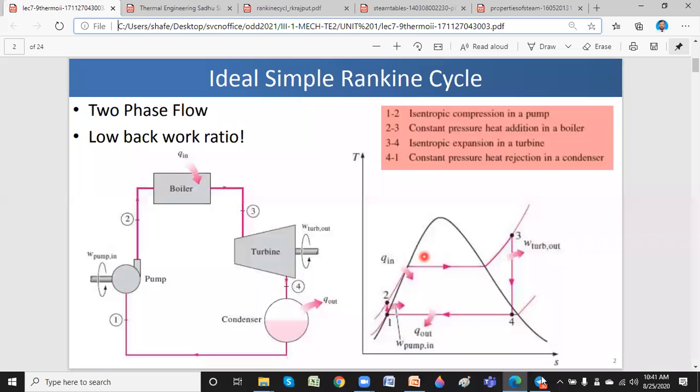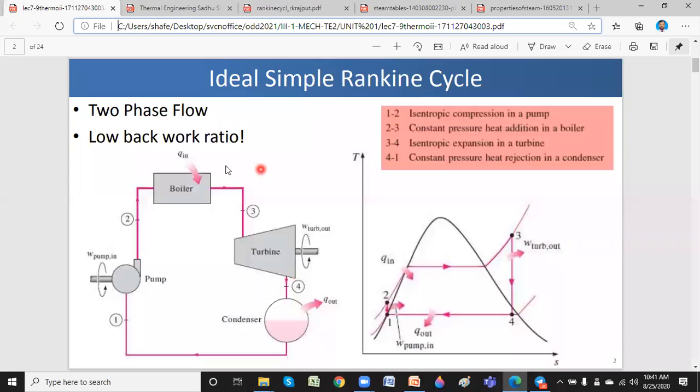Now just observe this schematic on the left side, and similarly the temperature-entropy diagram on the right side. So what is the Rankine cycle? It has four parts. As I mentioned in the schematic, I must concentrate on four devices: boiler, turbine, condenser, and feed pump. Can you see here?